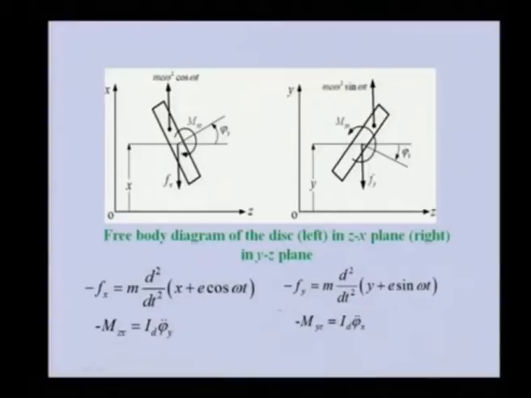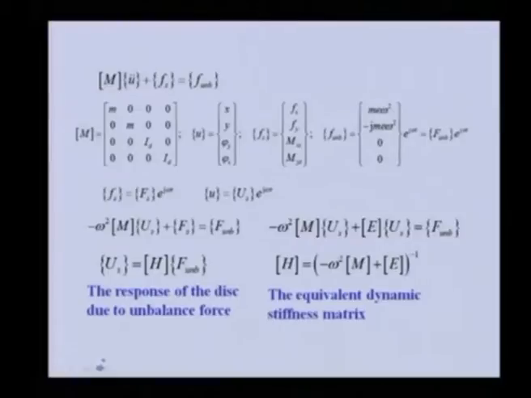They can be combined in matrix form like this, where this is the mass matrix defined like this. U is a displacement vector, you can see we have stacked the U like this. Now, this is the shaft reaction force, which includes not only the forces but also the moments,